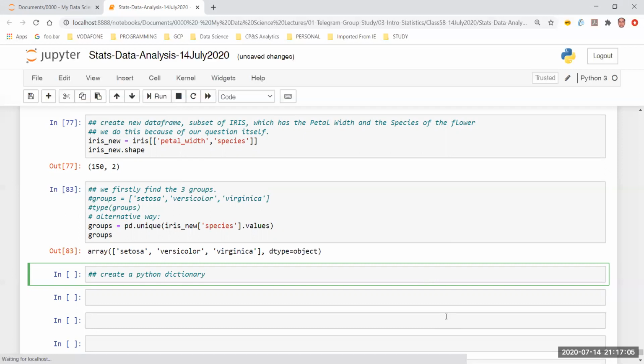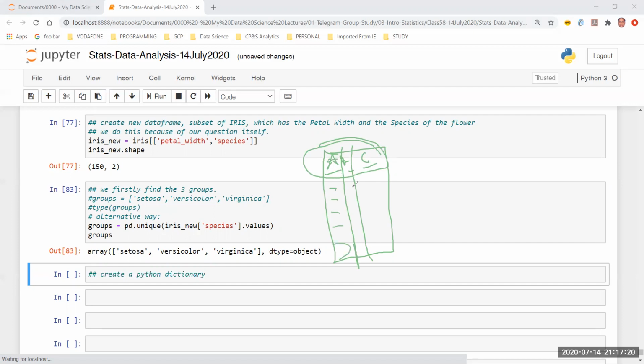If I just draw it, it will be like we did earlier, right? I have A, B, and C. These become the keys of the dictionary, and then the values of the petal width are going to be the values.